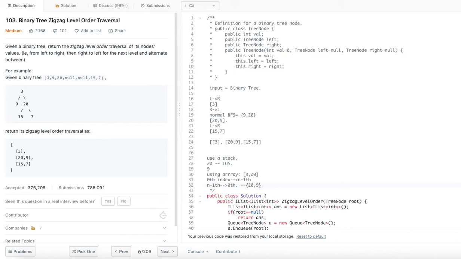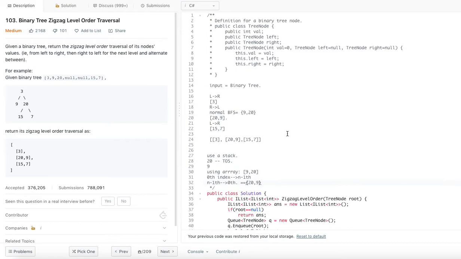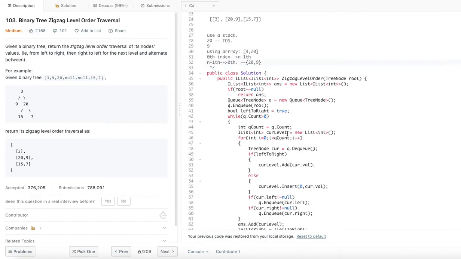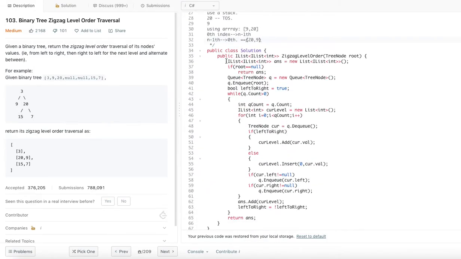So now let's see how we are going to do it. It will be similar. The approach that we are going to use is breadth first traversal, so breadth first search. Let's go ahead and look at the code and come up with the answer for this. We are given the tree node, basically the root of the binary tree.